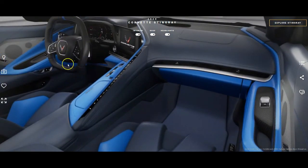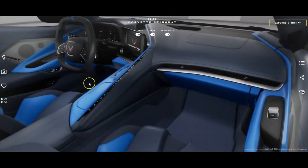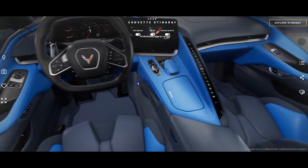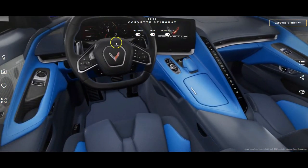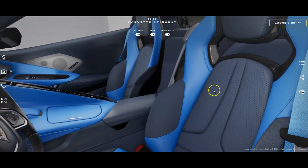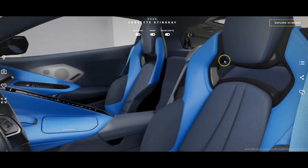The steering wheel is just beautiful. I like the squareness of it. I think they did a very good job. Looking here at the dash, and being that this changes depending on the mode that you've selected, I mean, what more can be said, guys? It's a beautiful car. The seats themselves, the competition seats here, as you can see with the exposed carbon,